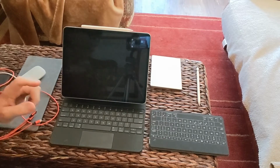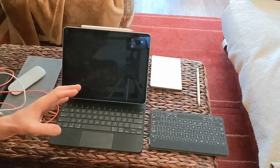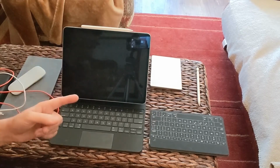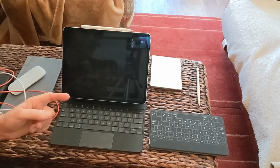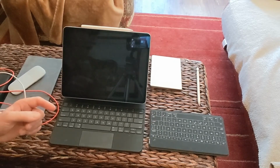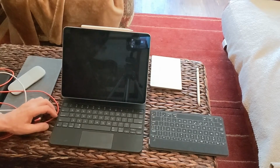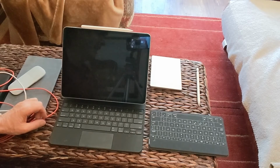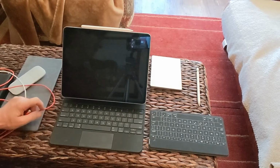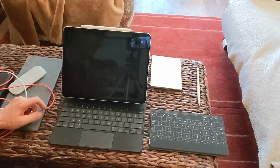I'm getting also a dongle, a multi-port dongle that does everything under the sun. Has Ethernet, has multiple 3.0 USBs, has USB-C ports, has, I don't know if it has lightning ports, but it has pretty much any port you want. It has micro SD card, regular SD card